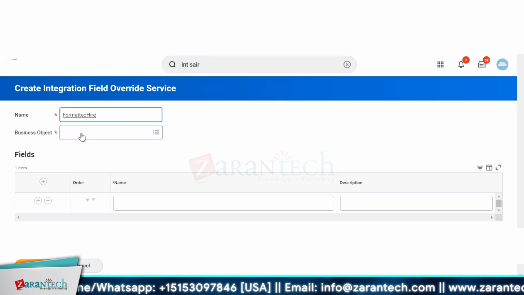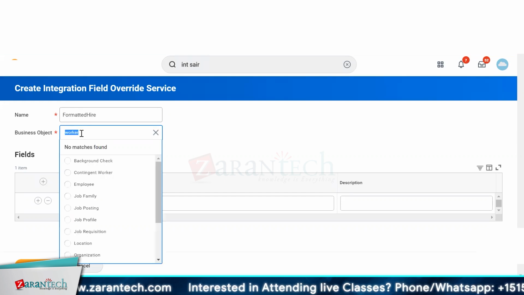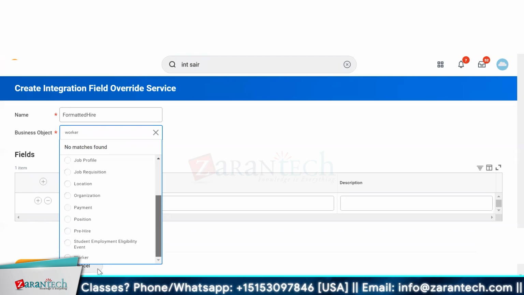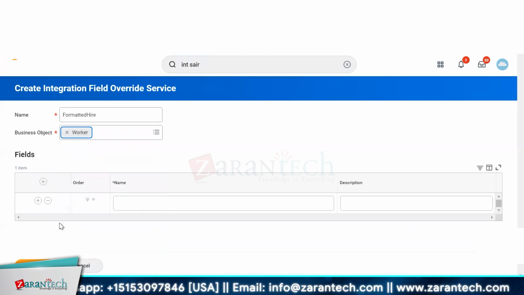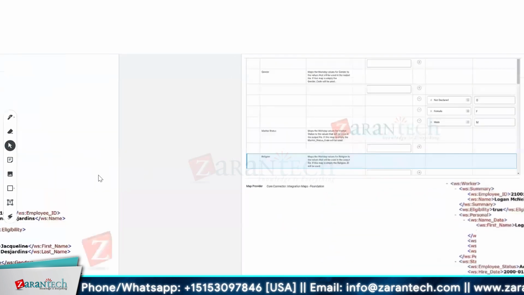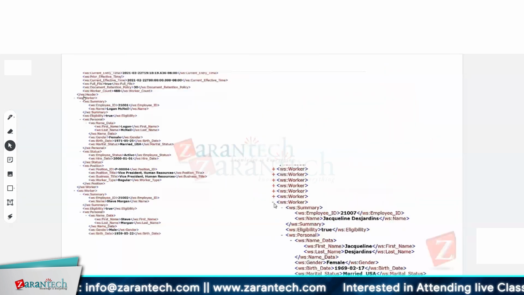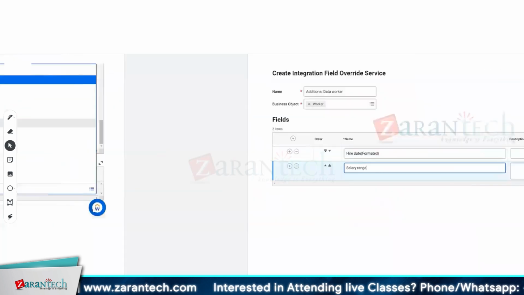And so you could just put any name. I think it was on the worker business object that I had created it. So basically now you get to pull any of the calculated fields that you did, and you're basically just going ahead, giving any specific name, and you could leave the description. So over here, before the next worker starts, I'll have this additional data section show up,